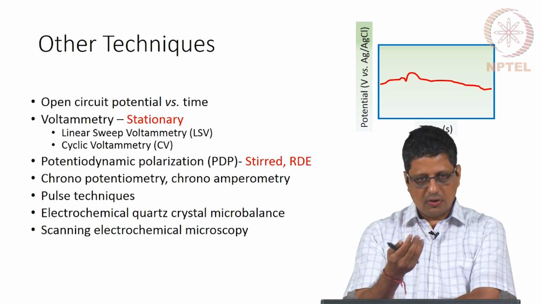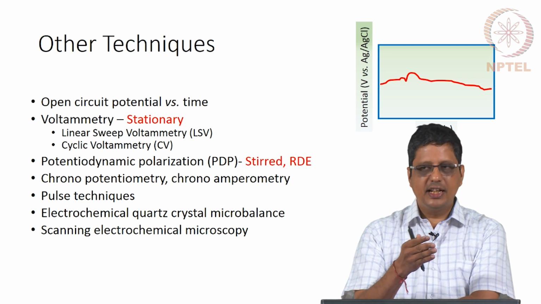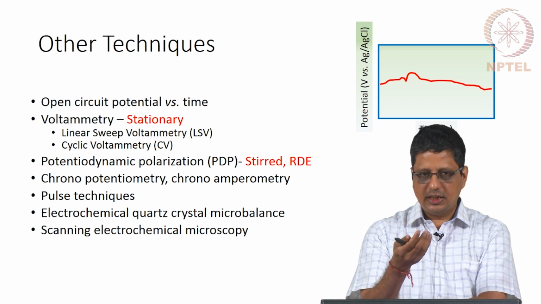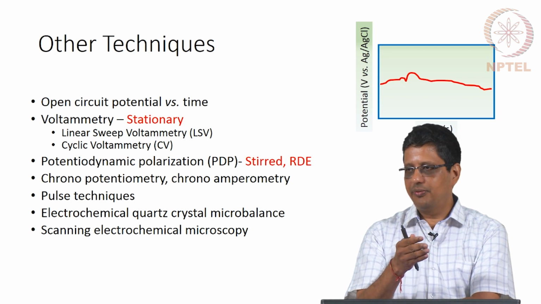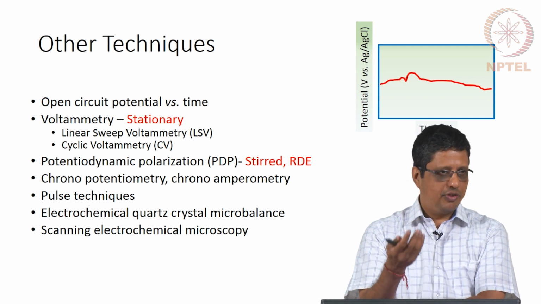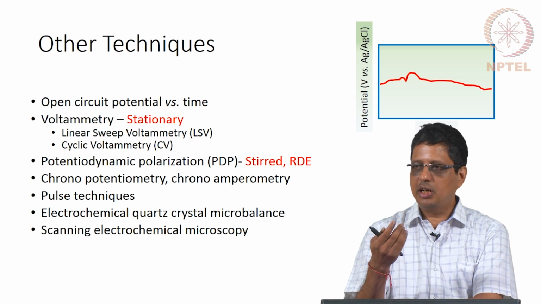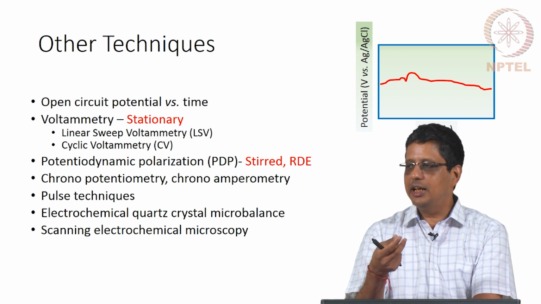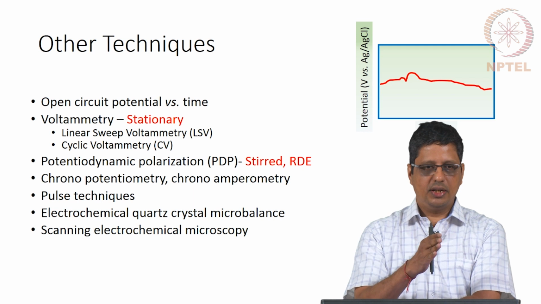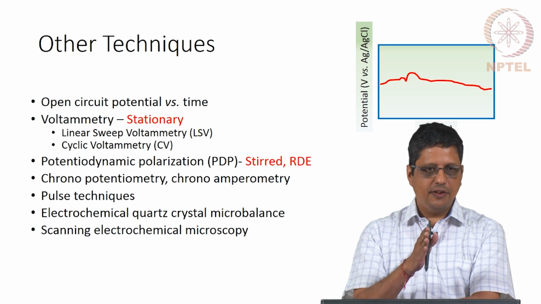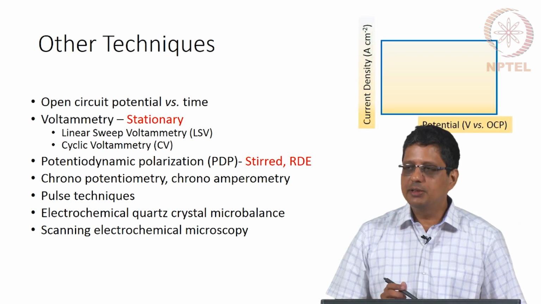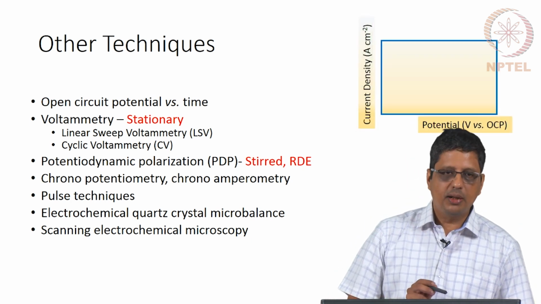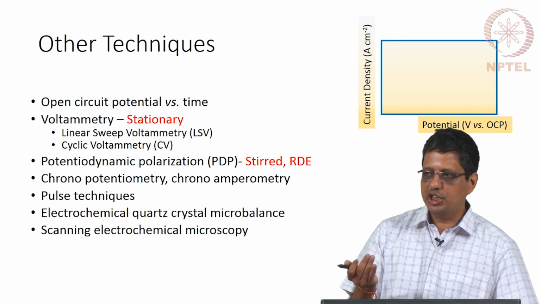It is possible that the electrode dissolves, which means the electrode surface area will change. The concentration of the solution species near the electrode will change because it is dissolving. Or some contamination from the liquid can adsorb on it. Sometimes it may not be a contamination, it may be something you deliberately introduce, and it may adsorb on it. So, the potential will change if the electrode surface or the solution changes. Another experiment that is commonly used is called voltammetry. Voltammetry is basically potential and current.